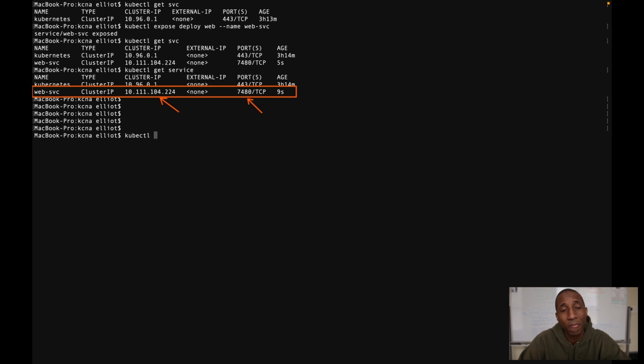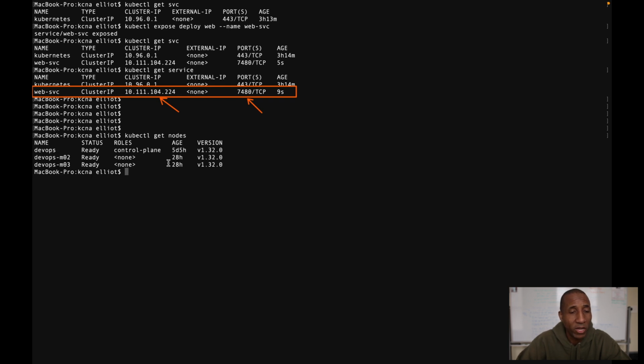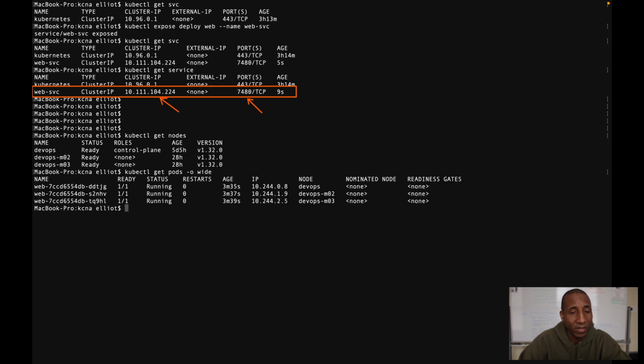So kubectl, let's do get nodes. Okay. So these are my nodes. Another way to get the nodes is kubectl get pods -o wide, and we also see the nodes over here. And here are the nodes from the first command. So how do we SSH into them? I'm using Minikube. So since I'm using Minikube, we're going to say minikube ssh